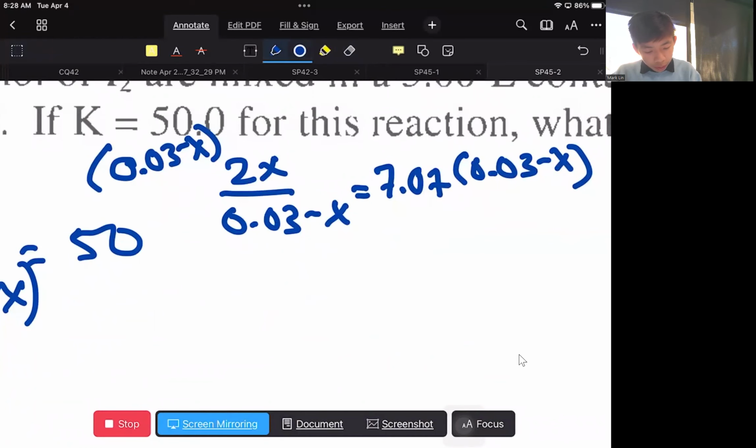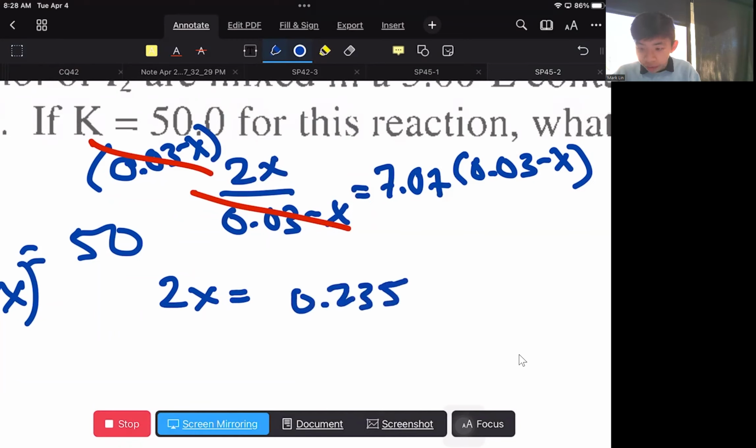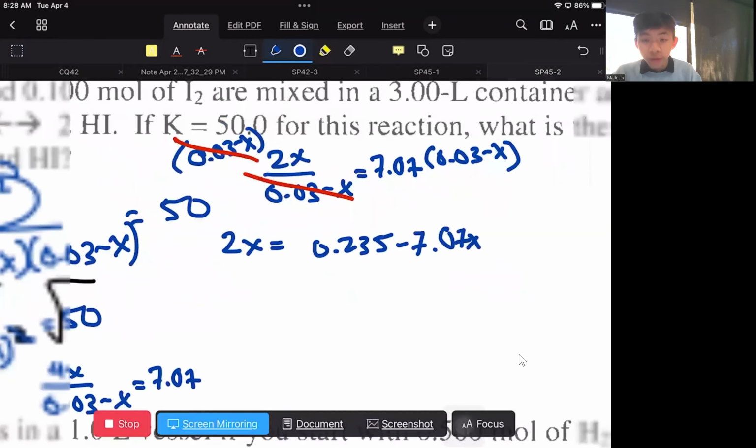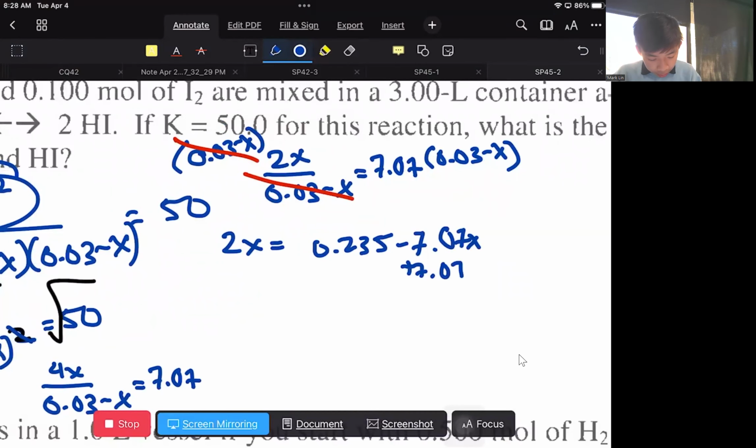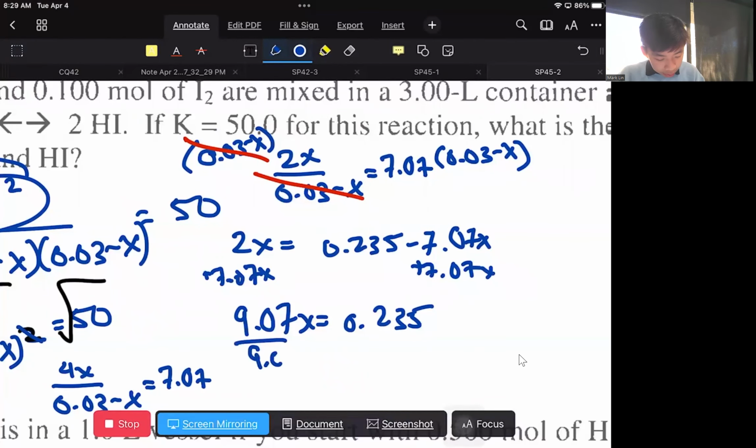So when you come back to here, these cancel out, right? So this will be 2X equals 0.235 minus 7.07x. You add 7.07x to both sides to get x on one side, and you'll get 9.07x equals 0.235. Put it in parentheses, and divide both sides by 9.07. x is going to give you